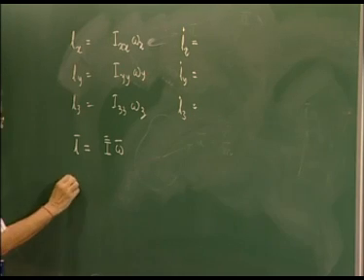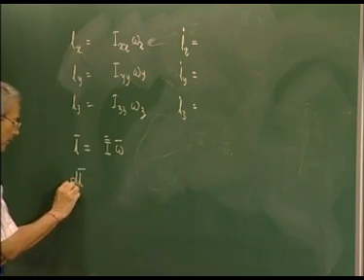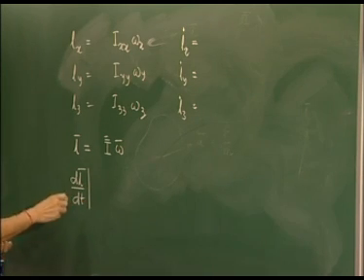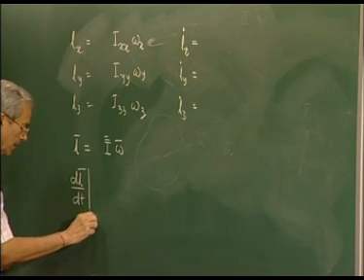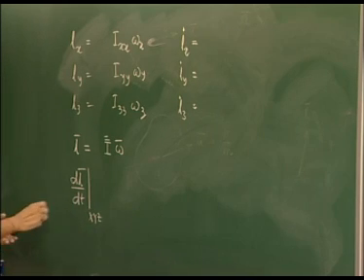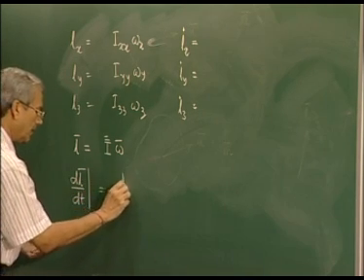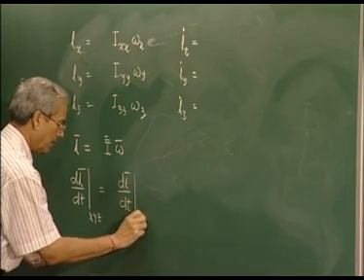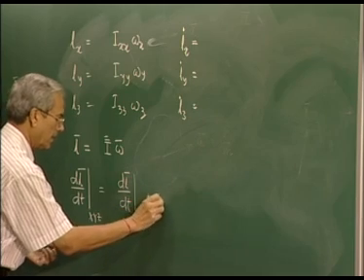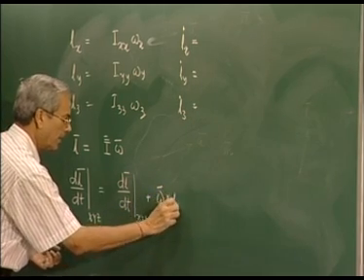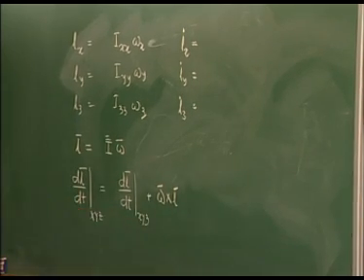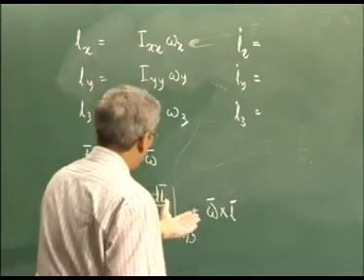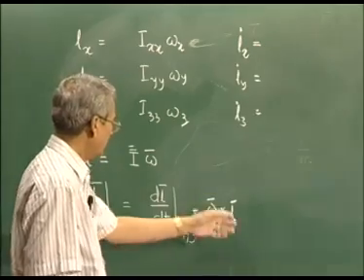Now, we have seen that the rate of change of angular momentum, we have to all the time remember, is with respect to the absolute frame, capital X Y Z. So, here it will be plus, since the xyz system is rigidly attached, that frame's angular velocity is also omega, and this is the